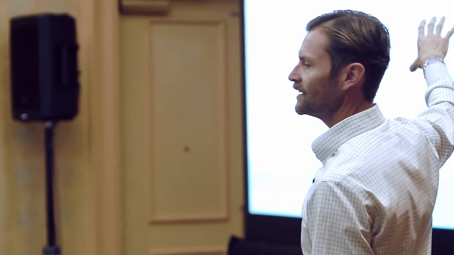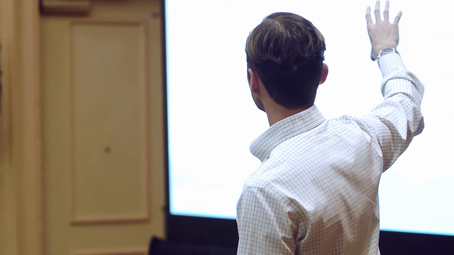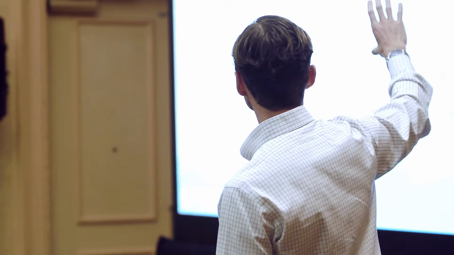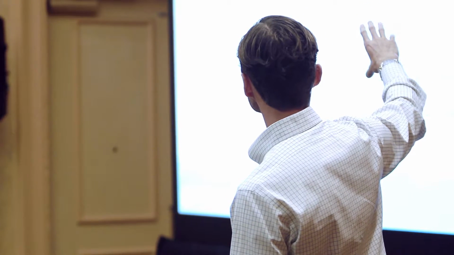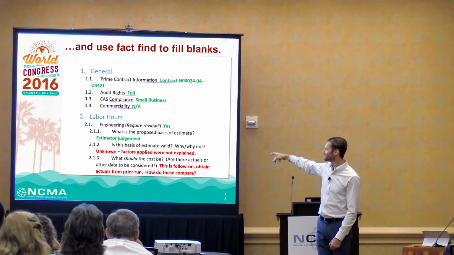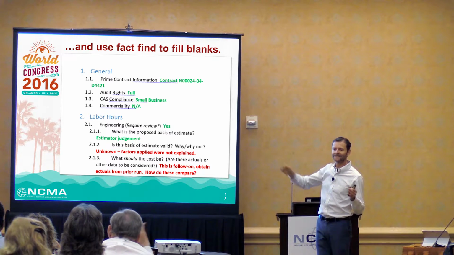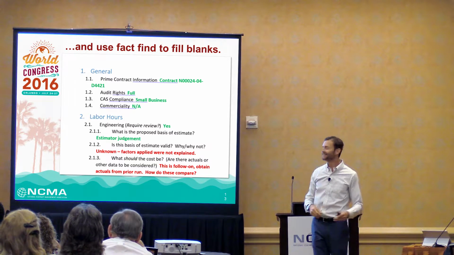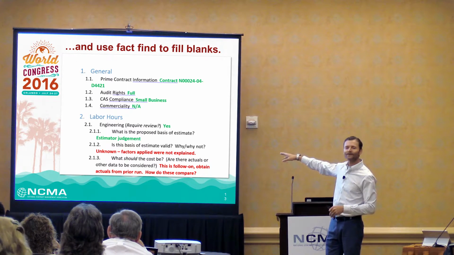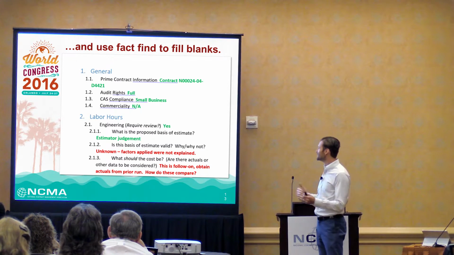Once you have this, all right, I like green and red for obvious reasons. Green means I'm good. Red means I've got some problems, right? So in this particular instance, under labor hours 2.1.2, I use WBSs. I don't know, it's a sick thing that I have, but I use WBSs, and then it's easy to, you like that? Okay, good. We share the same sickness. Then I'm able to go back and refer back to this, right? And it's a nested